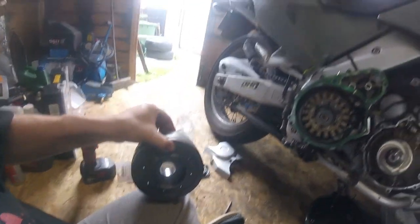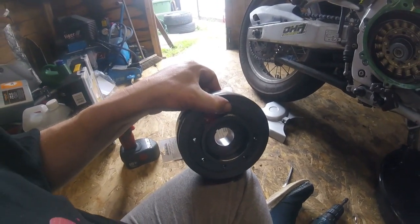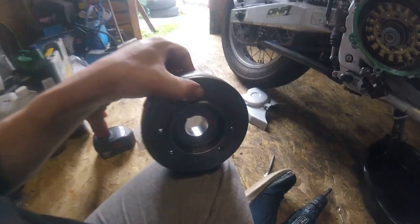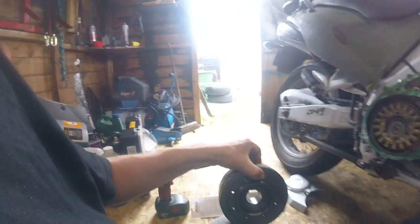But if we can get enough light in there, look, you can see the marks on the... come on, what's the word, Jim? Flywheel. So that is damaged. It cannot be used. Fortunately, I do have